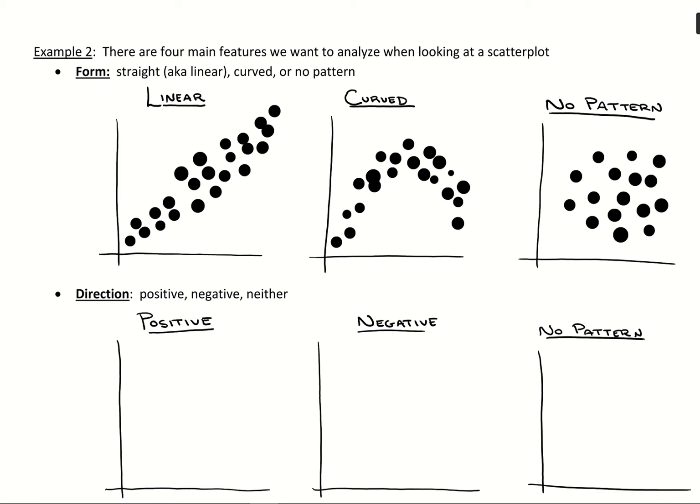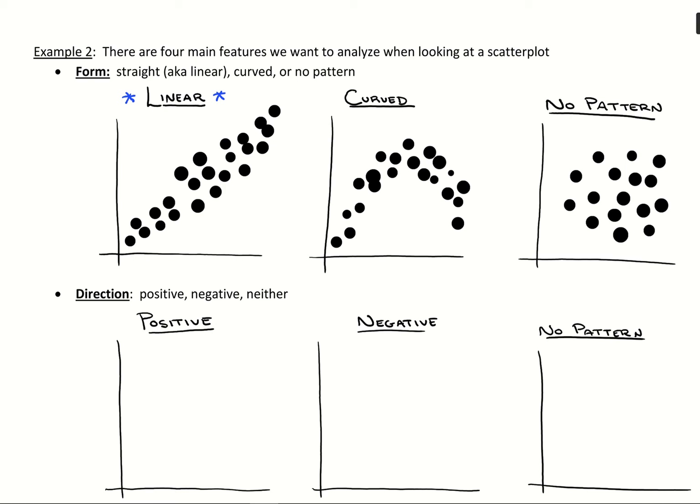Now, when we work through our data, we want linear. The title of this section is linear regression. We want to work with linear data. So we're actually going to have some conditions that we check, and one of them is that when we get out this scatter plot, it has to be roughly linear. If it's curved,